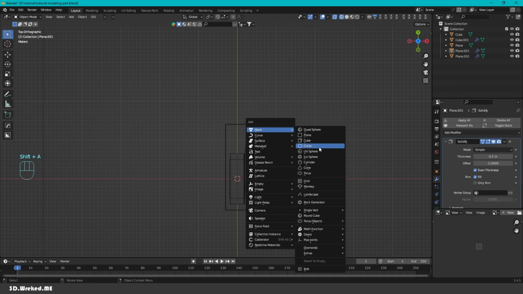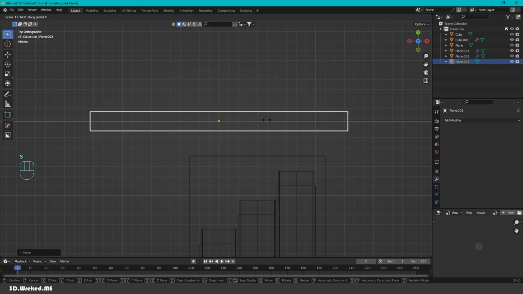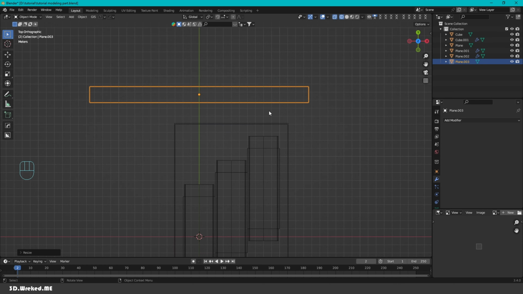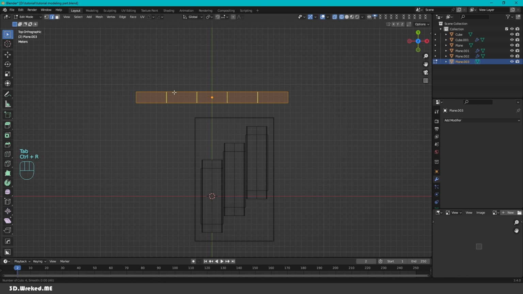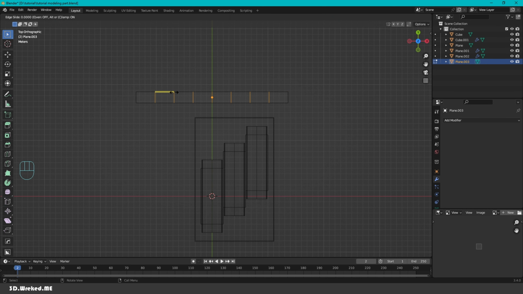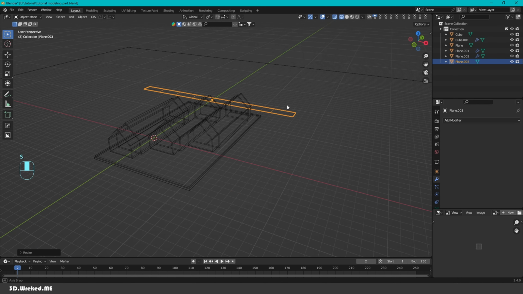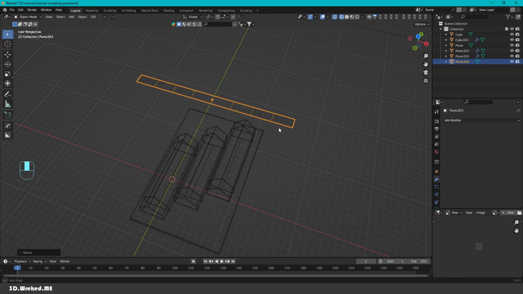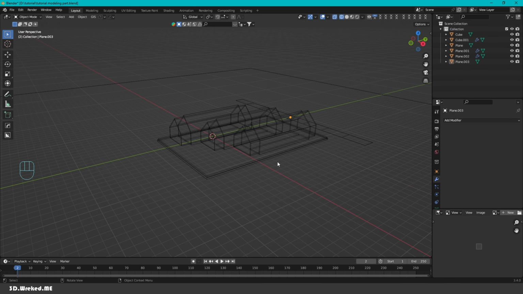Wireframe, Shift A, add plane, G Z, G Y, gonna press Y, S, X, and then let's divide this a bunch of times. Maybe it's better to